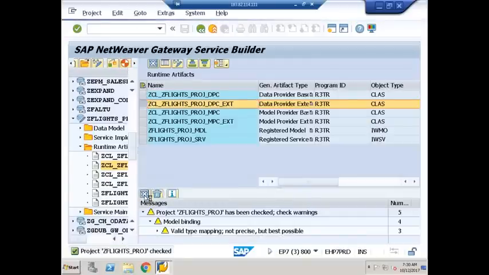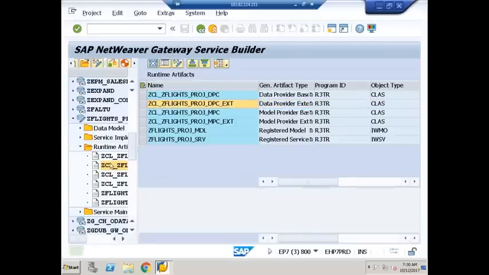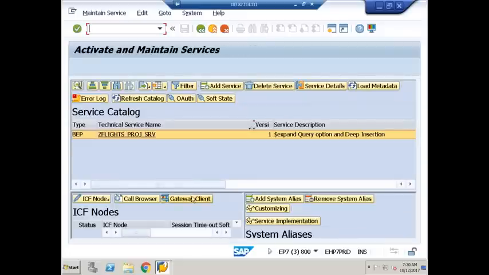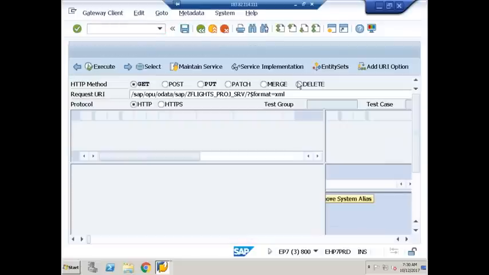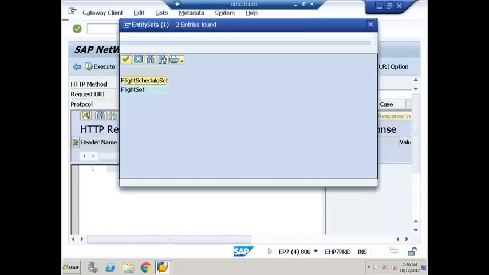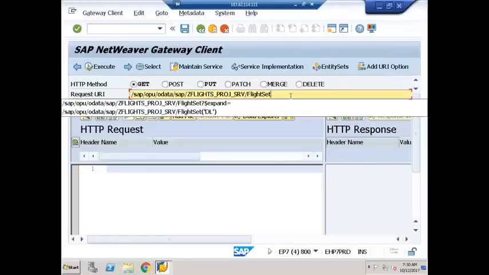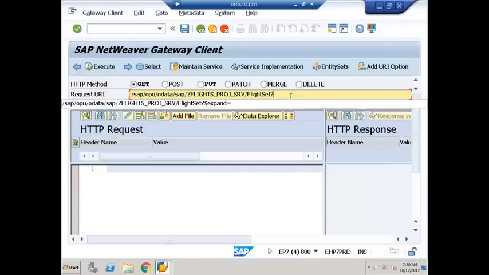Adjust your data model, that is, regenerate the runtime artifacts. Right now I'll give FlightSet, $expand equal to